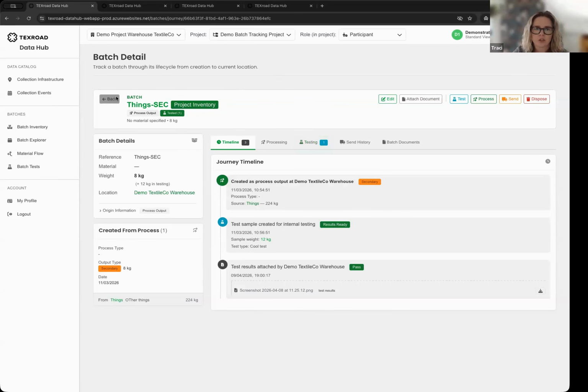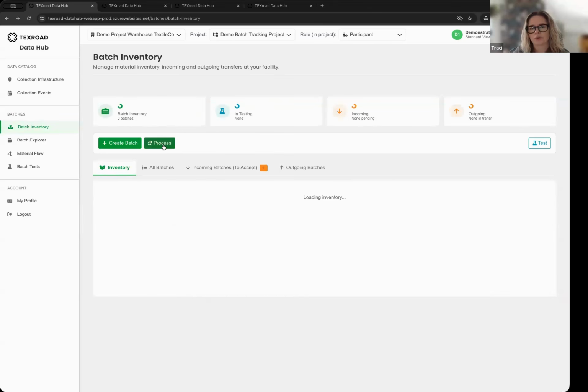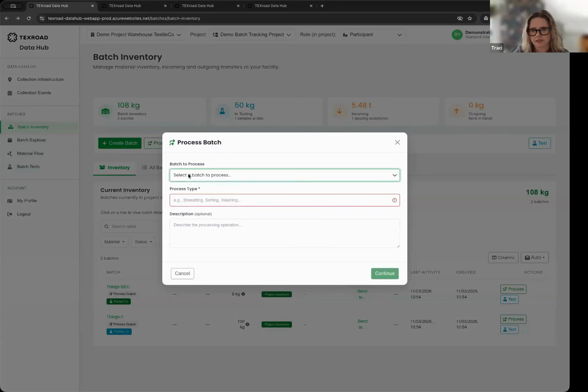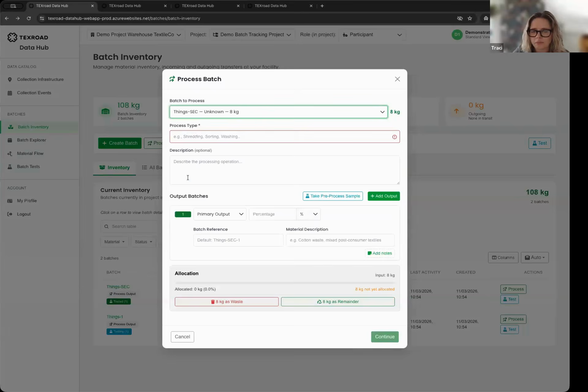The other thing that is possible here is that you can run processes on different batches. So I have some material in my inventory. Maybe I'm shredding it. You can track everything that happens to a specific batch of material, split it into sub batches, and send it to different partners.